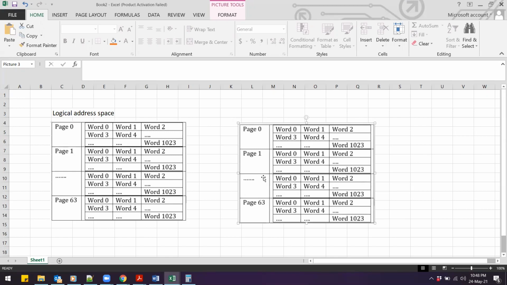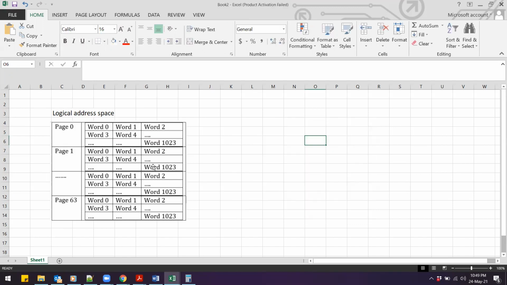Now in this case, they are not using bytes or kilobytes to measure the size of each block. So in here words is used. So it says each page or frame has 1024 words. So in each page, there will be 1024 words, and also in each frame, there will be 1024 words. This will be frames, not page, and this will be numbered from 0 to 31.